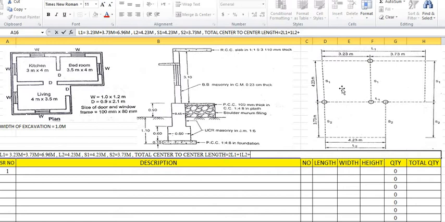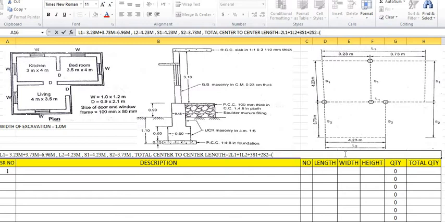Okay. How many numbers of S1? So 1, 2 and 3. So 3 numbers of S1 are there. Again it has been added. How many numbers of S2? So 2 numbers of S2 are there. So we will consider this as 2 S2. Again equal to. Again we will add the different L1 and L2. So again, in a simple way, we will find out the total length.